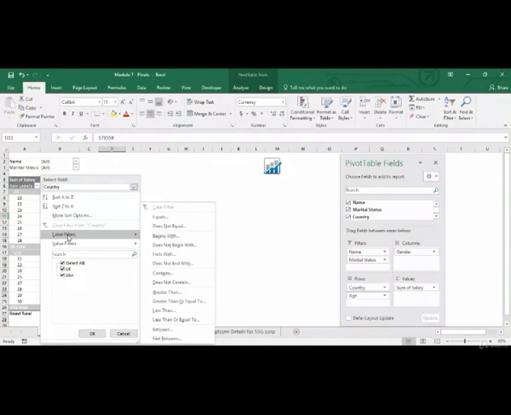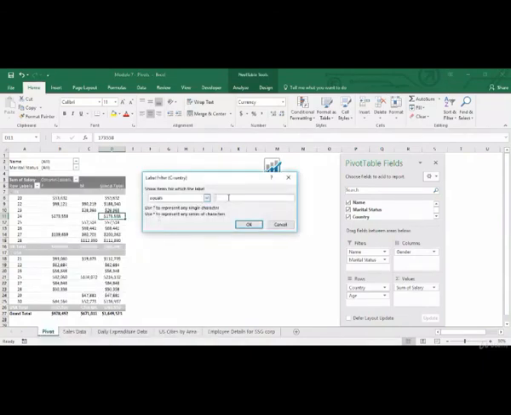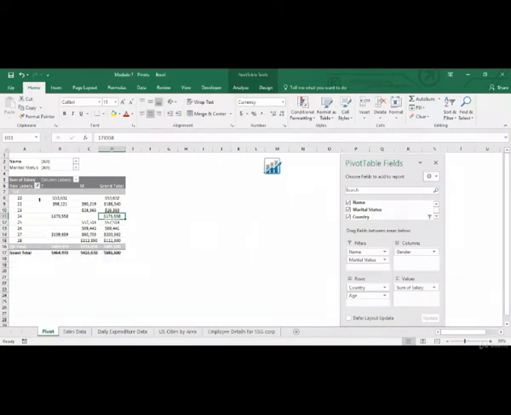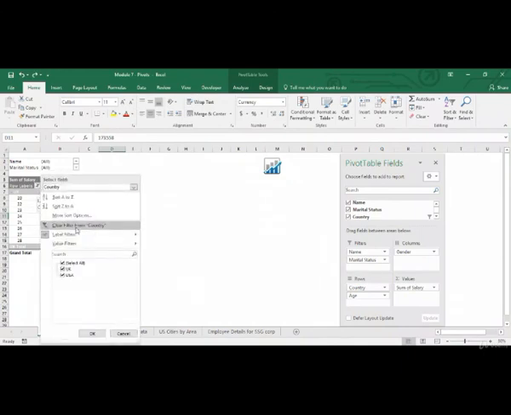Speaking of filters, you can apply filters from here also. Label filters will apply labels on country or age, the two variables which we have over here. So as you can see, the US one gets removed. Now you can clear the filter.